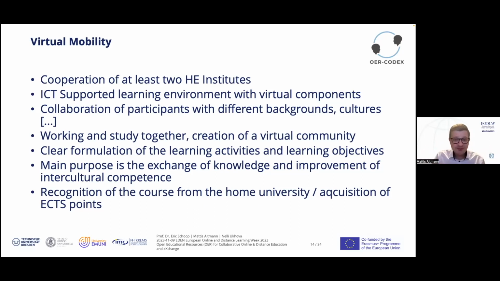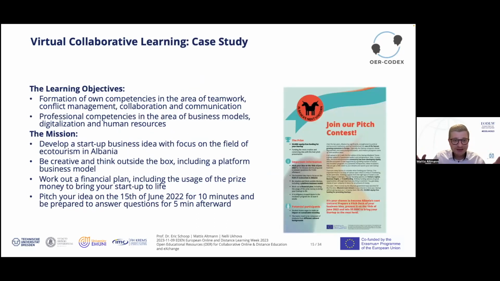But enough from theory, let's get into practice. Professor Schoop referred to 4 design dimensions for virtual collaborative learning. And the first one I will present here is the so-called case study. And in those case studies, you have 2 types of learning objectives.